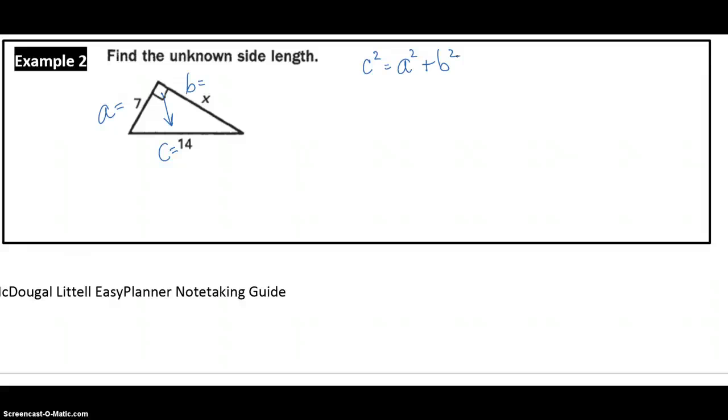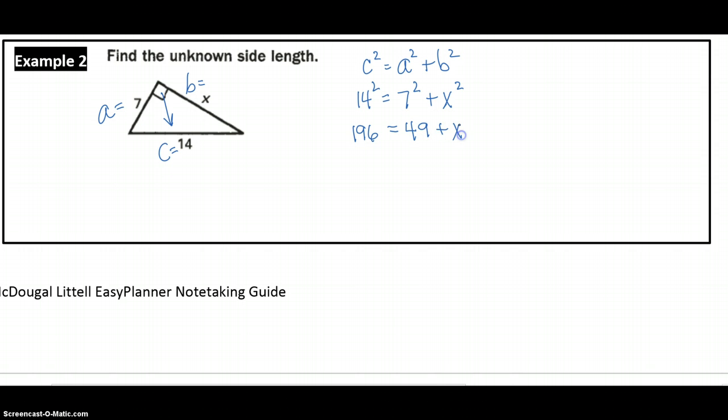Okay? So let's plug in what we know. We know that C is 14, so we have 14 squared equals 7 squared because A is 7, plus x squared because B is x. So x is in a different place, but we can still figure out what these squares are. 14 squared is 196. 7 squared is